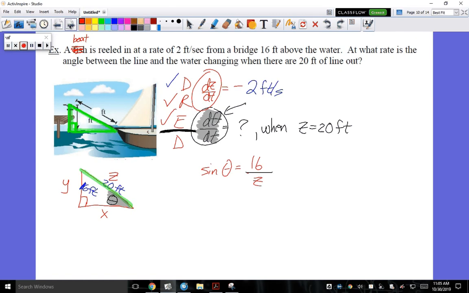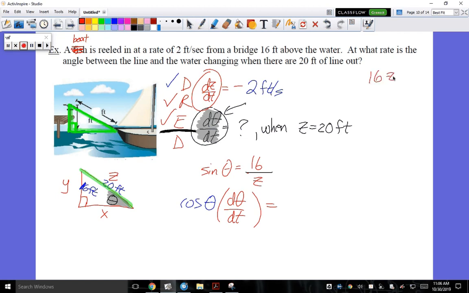Okay? All right, Evelyn, what's the derivative of the left side? Cosine theta times the derivative of theta over 3, d theta dt, is equal to, now look, I have 16 over z. I'm telling you, be honest, how many of you would do quotient rule? It's a little bit too much work if you try to do quotient rule, okay? Looking at this,